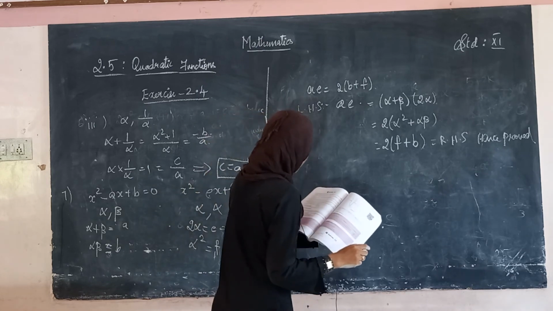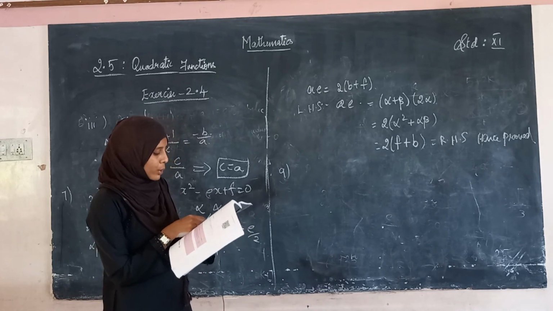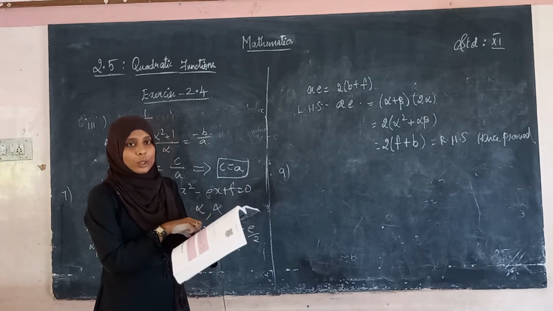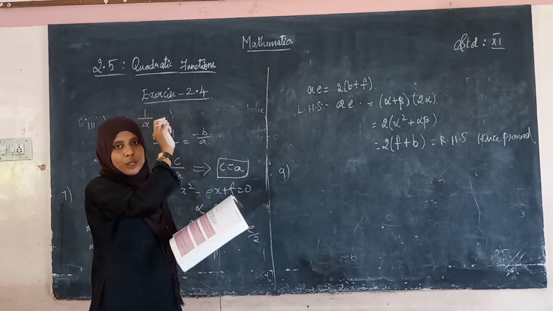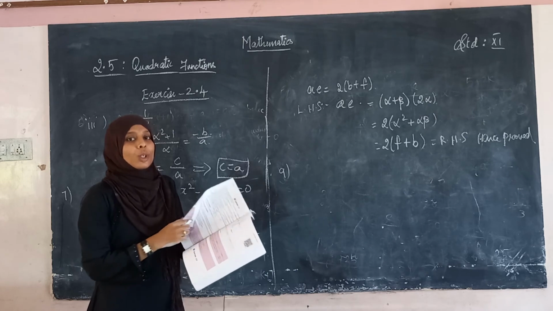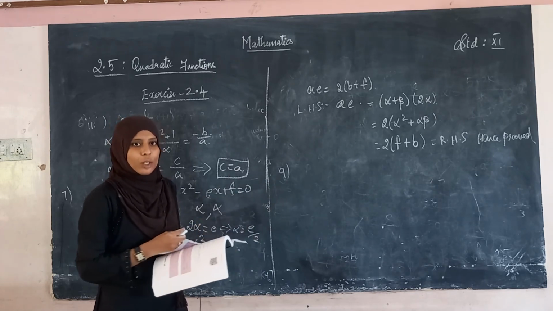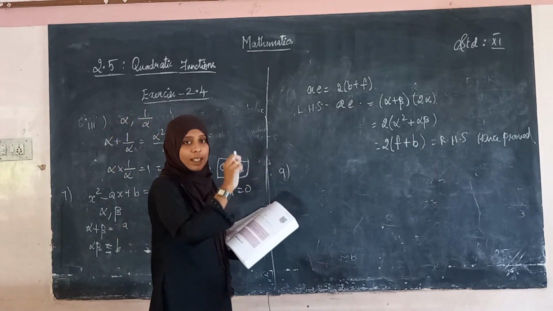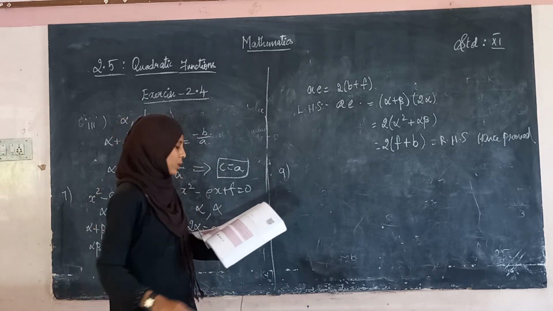Without sketching the graphs, find whether the graph of the following functions will intersect the x-axis, and if so, in how many points. We have seen this in the table of determinants, nature of the roots and parabolic. So this also we are going to use the determinant value, to find whether the given equation's graph is intersecting the x-axis or not, and in how many points. Okay.